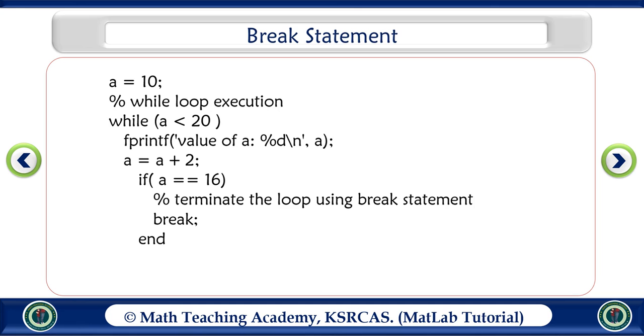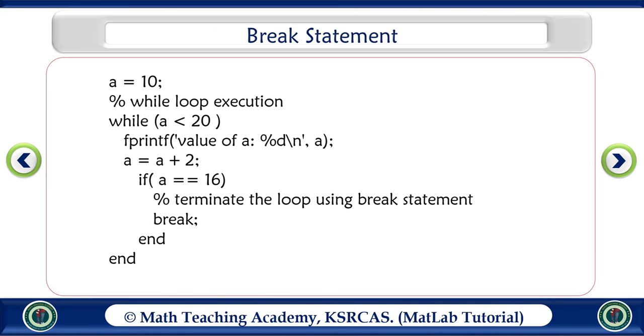Otherwise, the control will transfer to end. So the command will pass through the next end statement. The second end statement is executed. The control will again be transferred to the while command. Now the present value of a is 12. 12 is compared with 20. So 12 less than 20 is true. That is why the group of statements in between while and end are executed. So this process is continued until the value of a gets 20.